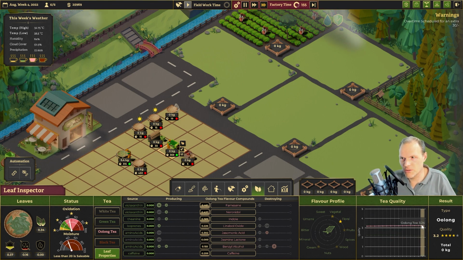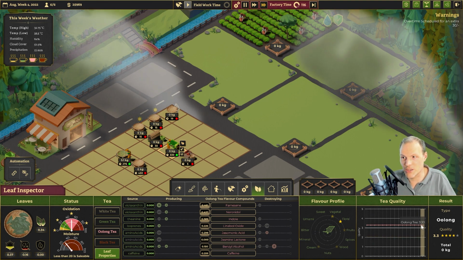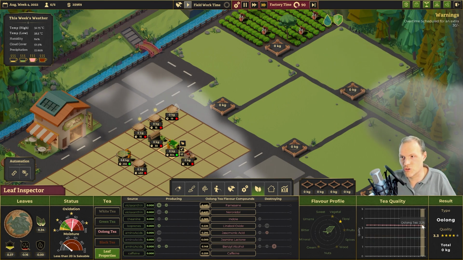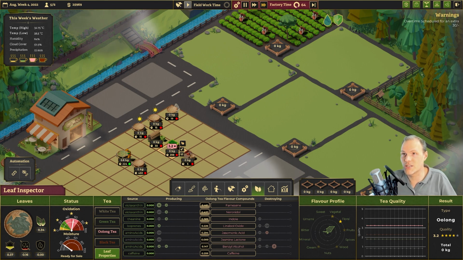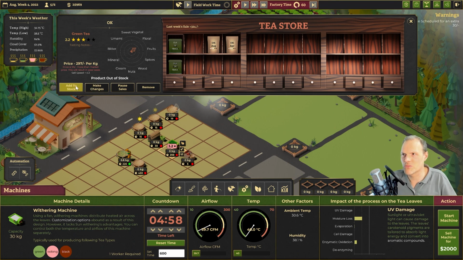And here we go. The oolong tea quality is continuing to rise. This is a very, very good test case. We are going to overshoot slightly. Yeah, it's now dropping significantly. 3.2 star tea. Let's put that in here as our...